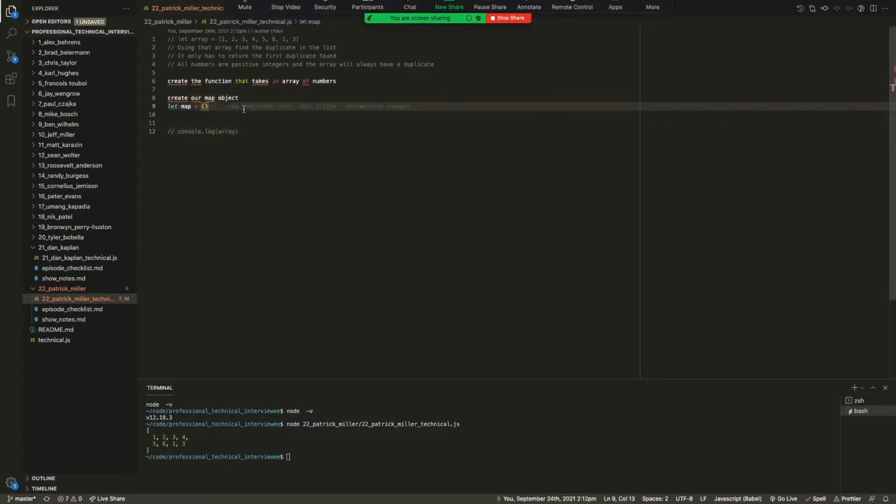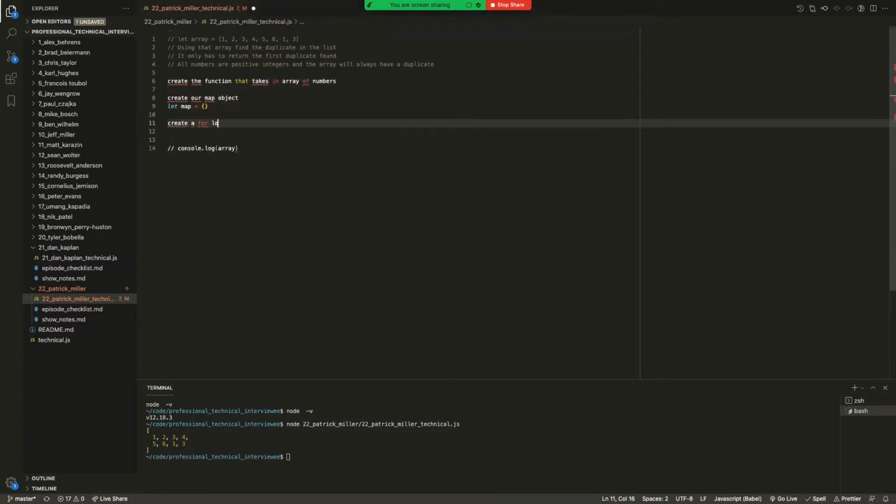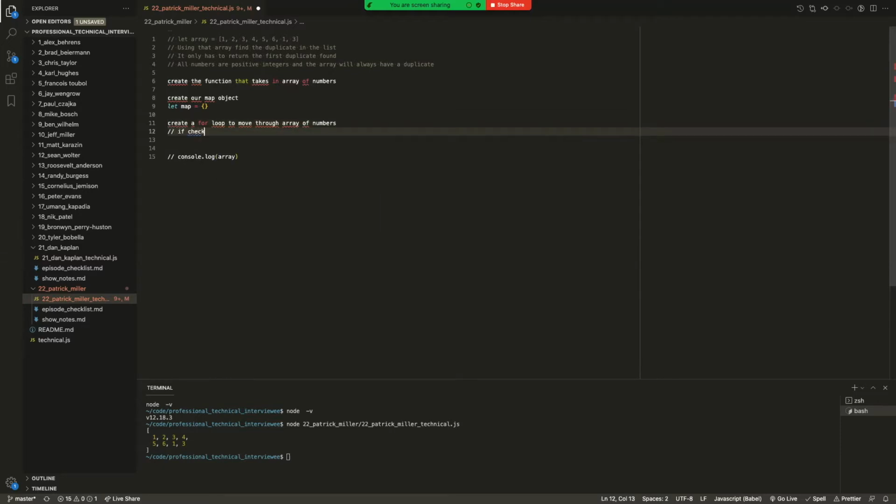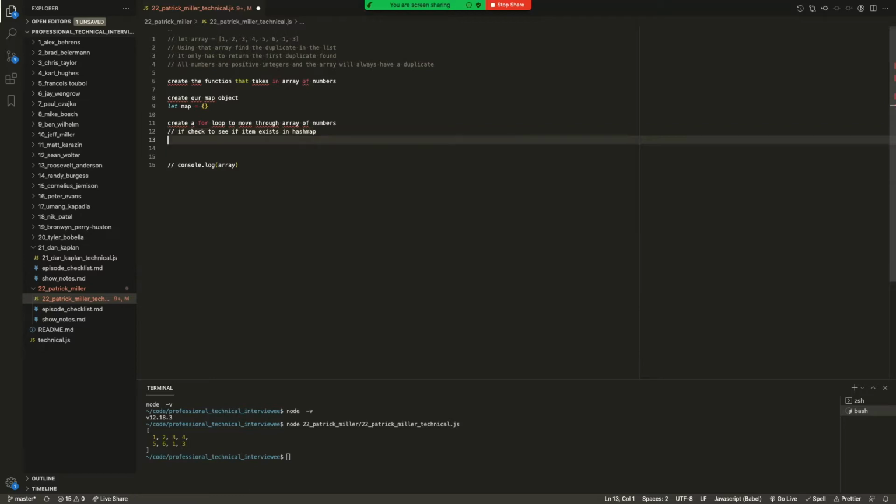And then create a for loop to move through the array of numbers, and then we want to make an if check to see if the item exists in the hash map.